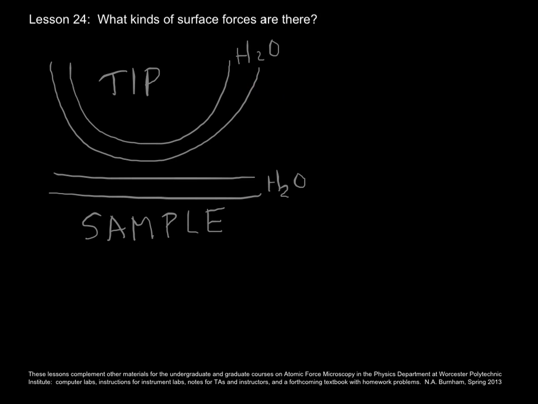So let's say that it's a hot, humid day in the lab. Your tip and sample are hydrophilic enough such that a thin uniform layer of water has condensed on it. So think of a cold can of soda on a hot, humid day. And we're going to bring the tip and sample close to each other and think about how that thin film